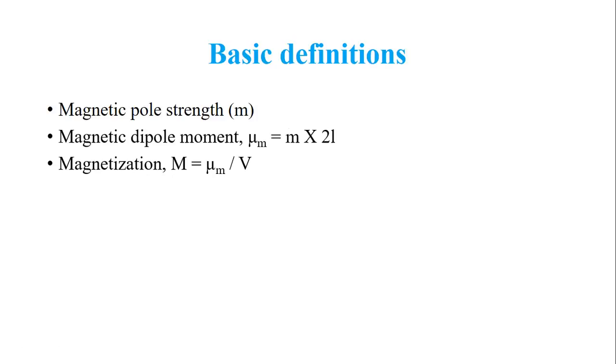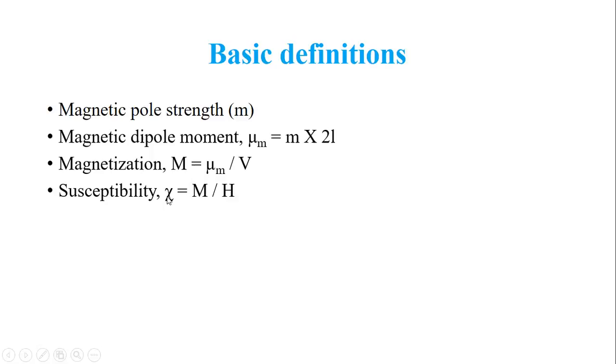Now, based on this magnetization, we'll understand something about the susceptibility. Susceptibility chi, this is CHI, Greek alphabet chi. So chi is the ratio of magnetization per unit applied field H, or strength of the applied field H. So what does this mean? When I apply an H amount of field on a specimen, on a magnetic material, what is the magnetization induced in that specimen? It is given by the parameter chi.